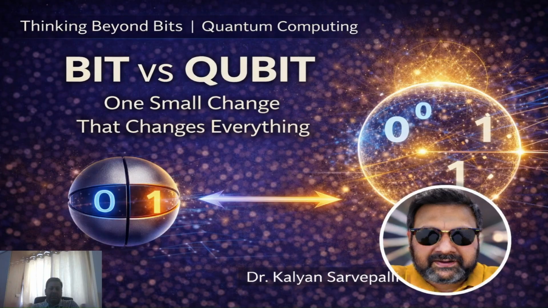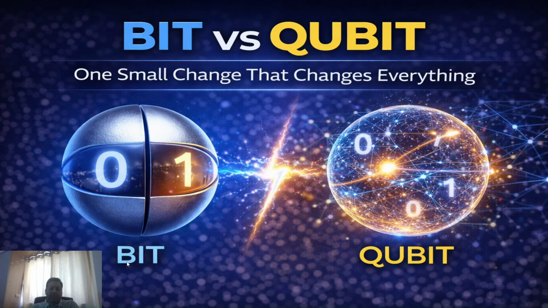So let us start with something very important, which means if you understand this basic idea, then the difference between bit versus qubit is very clear. And the important takeaway from this session or video would be why quantum computing exists at all. If you understand this, then our perspective changes on every aspect. How to build it, how to code it, that's a different thing. We will discuss it a little later. But why it is fundamentally different from everything we have used so far is what we need to understand.